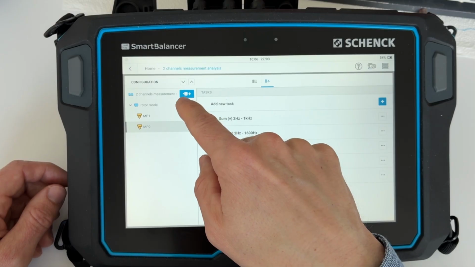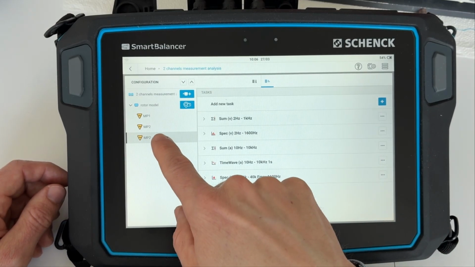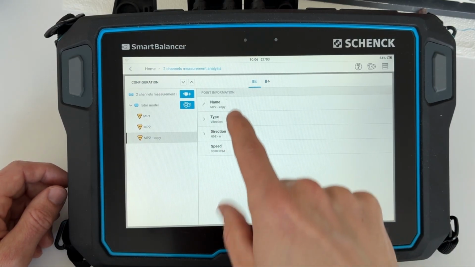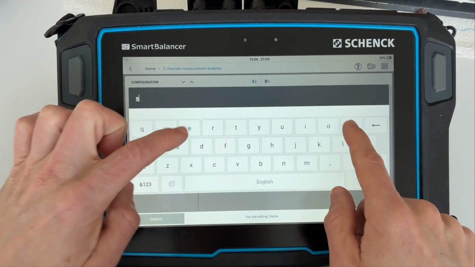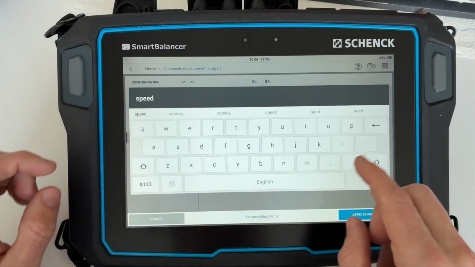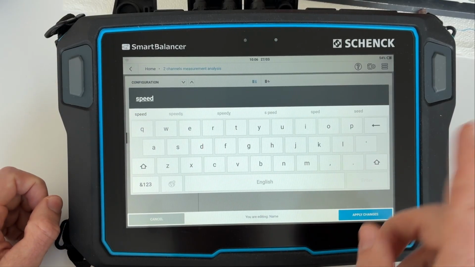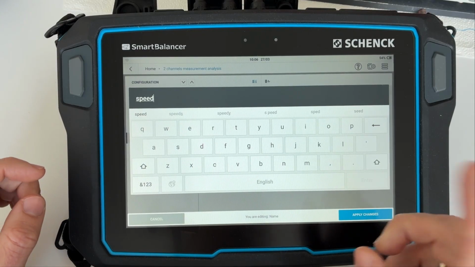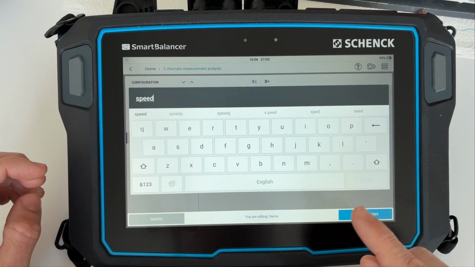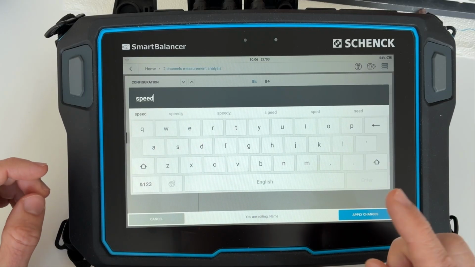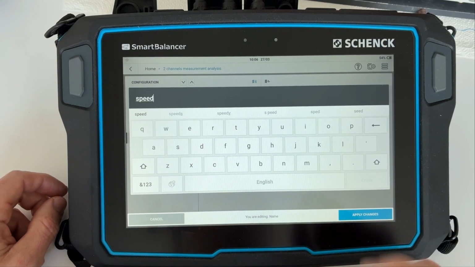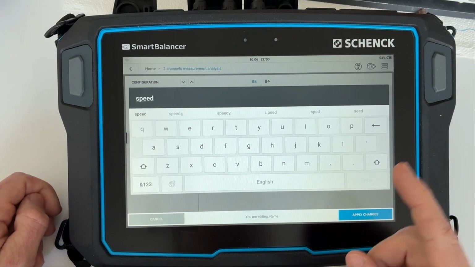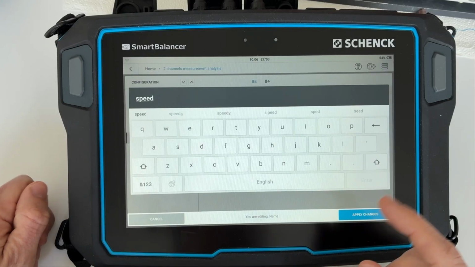And we will add another measuring point, but this one we will name as a speed measuring point. So we can enter the speed or we can measure the speed. In analysis, it's not required to measure the speed. It's different to the balancing tasks. In analysis, you can also enter the speed, but in this case, because we have added the speed